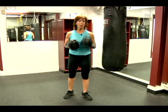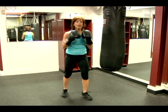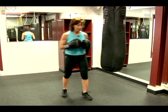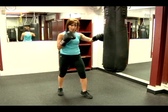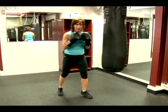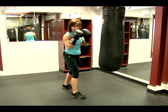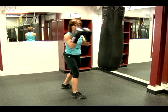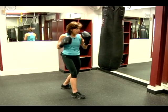Here are a few more tips to help you to do this, not that, when you're punching the heavy bag. The first move is the jab. With the jab, whichever foot is forward, that's the arm or the glove that you're going to use to punch the heavy bag. So I'm going to use my right foot forward and my right jab. So with the jab, you want to start with your guard up position, with your gloves in front of your chin, and